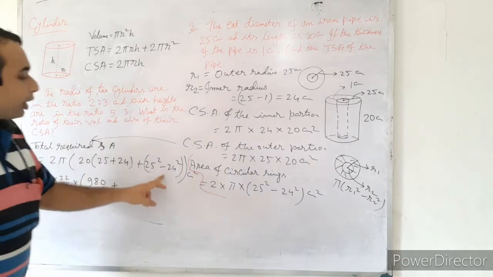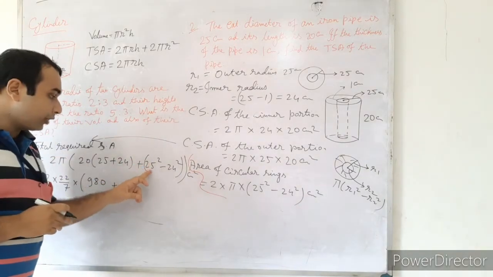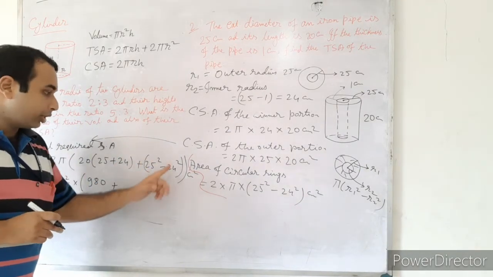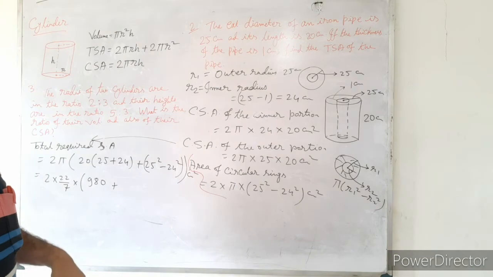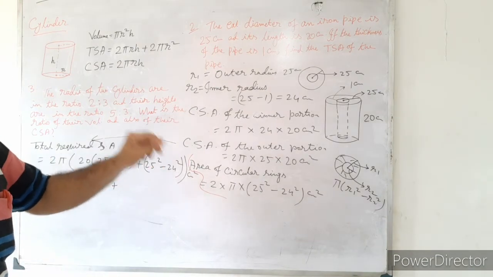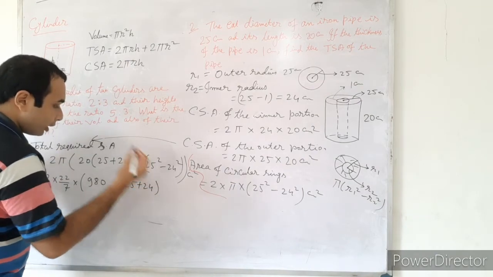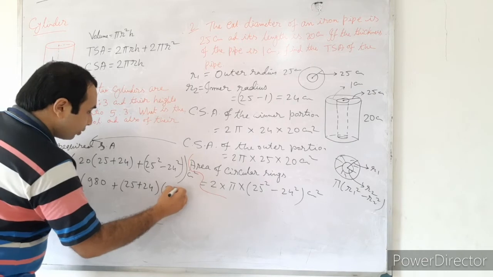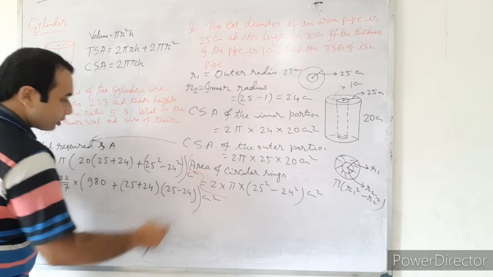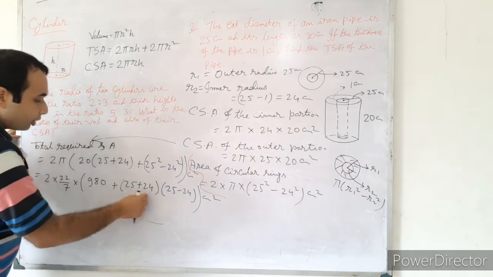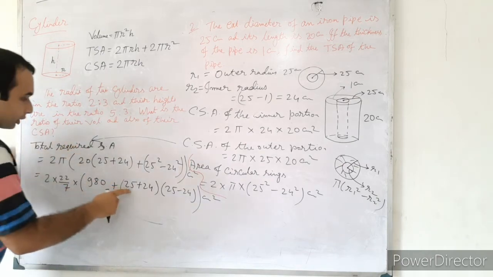Now 25 square minus 24 square. No need to do the calculation like finding 25 square, it will come 625, 24 square, you have to do the square and then it will come, not like that. Apply a square minus b square formula. So for a square minus b square, a plus b into a minus b. So 25, I am writing it just to make you understand, you will not write, 25 minus 24, it is centimeter square. So just see, 25 minus 24, it is coming 1. 25 plus 24, it is coming 49 only.